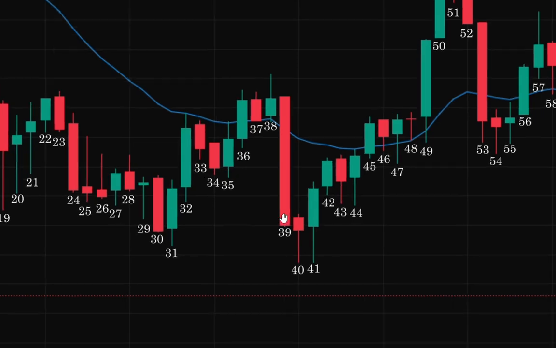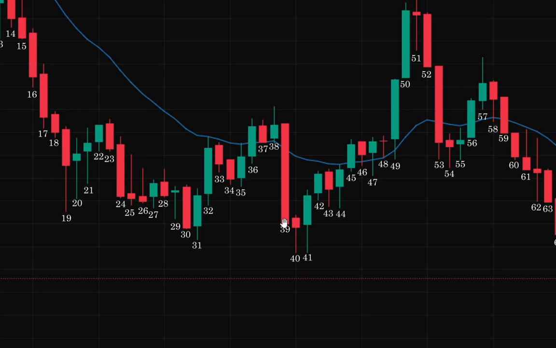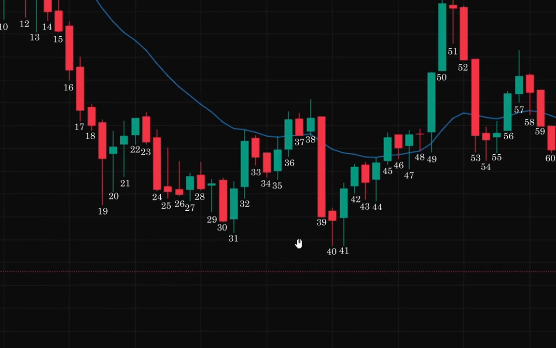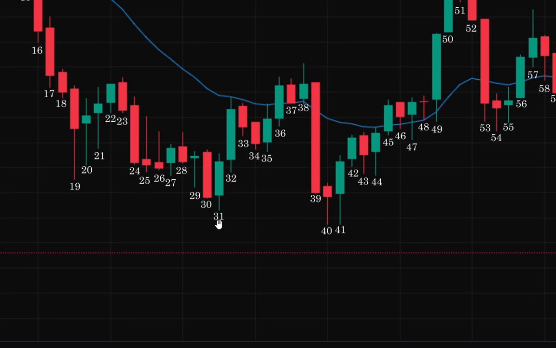And now let's see, this is a very good example. Bar 39 is a very big bear bar. Open is over here and the close is over here, but this didn't break any previous high, this didn't break bar 31. Even the follow through didn't break 31, and all the bulls were waiting for this moment so that they could enter at the low and trap all the bears.